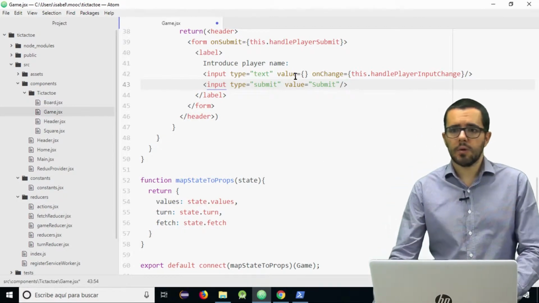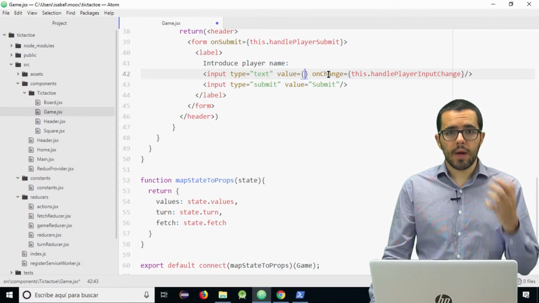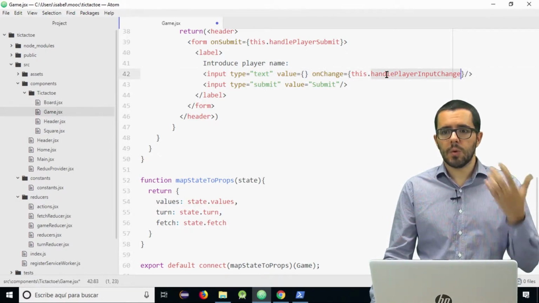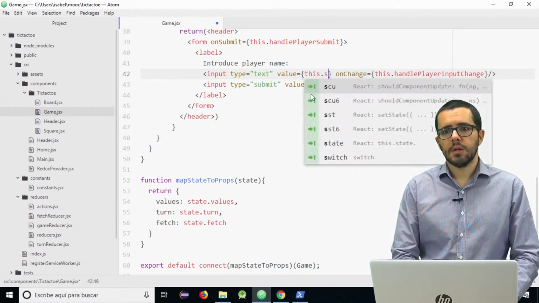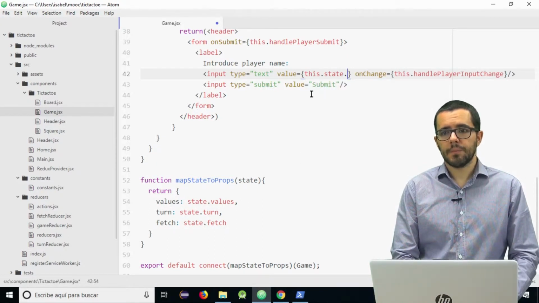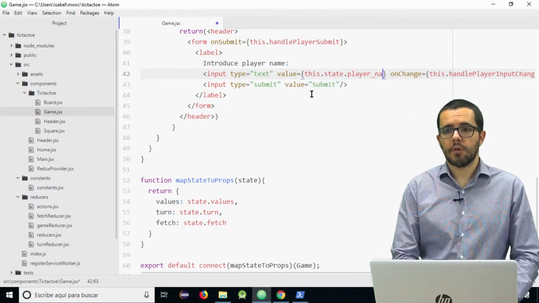Well, what is the value of this input field? The value is not what the user writes, but what we control in this method, and we will do a set state. So the value comes from this.state.playerName, we can call it player name, for example.